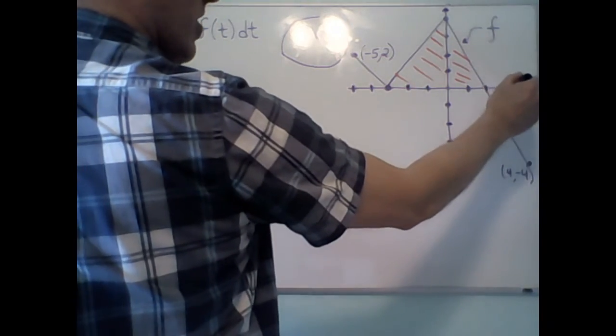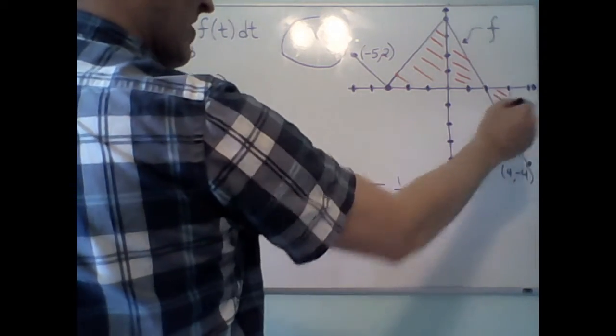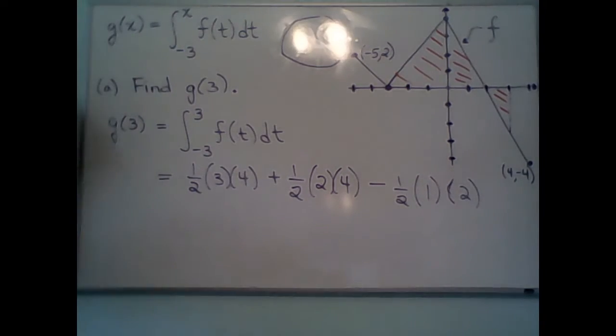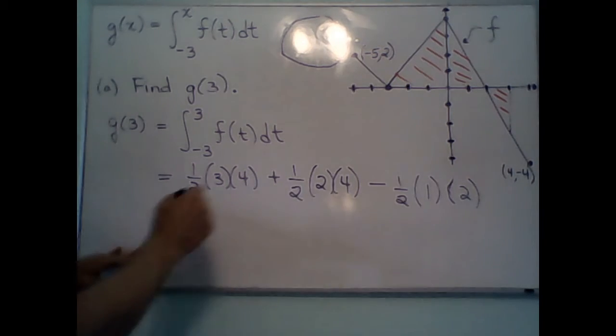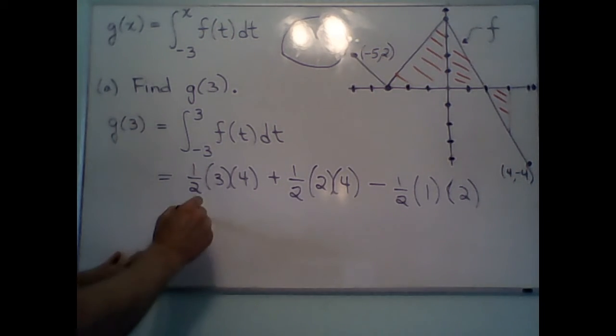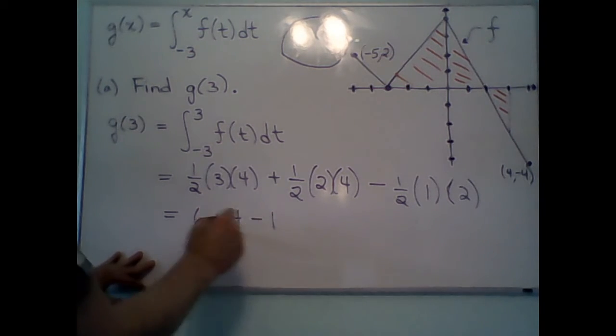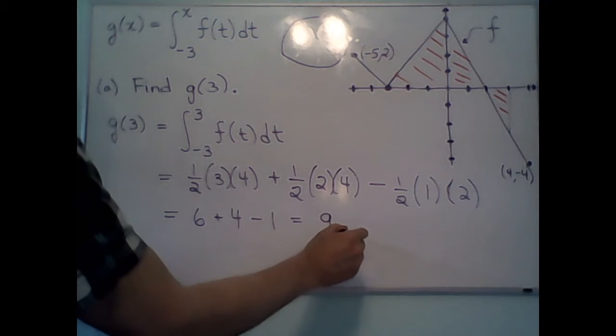So when it goes over 1, it goes down 2. So the height of that triangle is 2, by similarity, by the slope of that line. And it's going to be 6 plus 4 minus 1 is 9